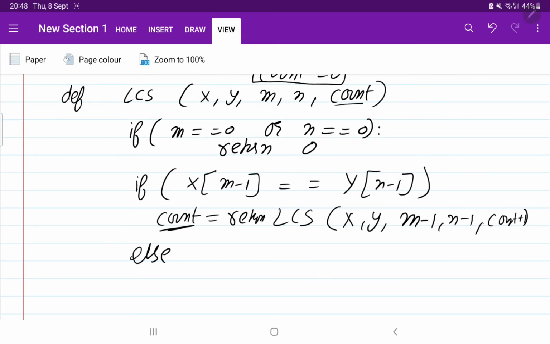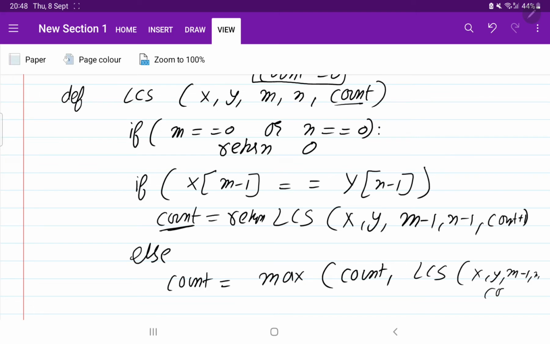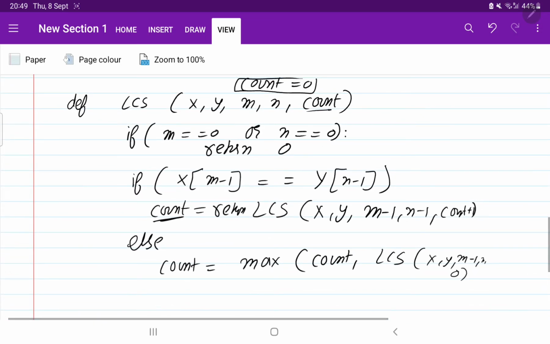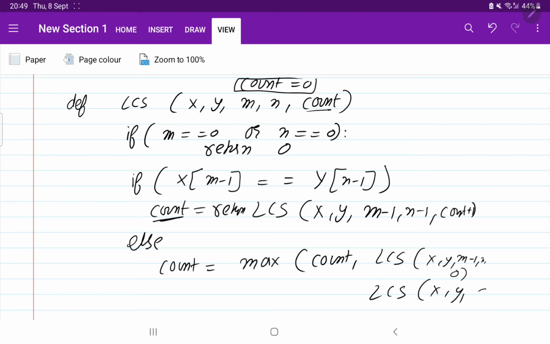Now if the elements are not equal, what we return is that the count will be the maximum of count, or LCS of x, y, m minus 1, n, with count 0, because we are not getting any common element, or LCS of x, y, m, n minus 1, with count 0.